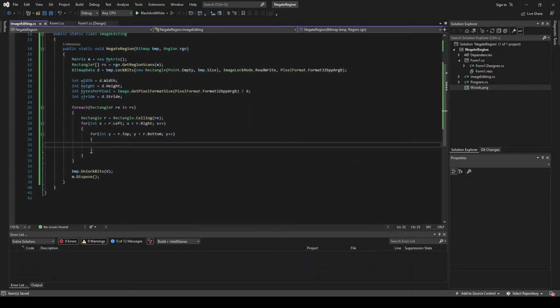So we're going to be looping through each coordinate that these rectangles contain in our region scans, which is a bunch of rectangles split out of this region. And for each of those, we're going to be